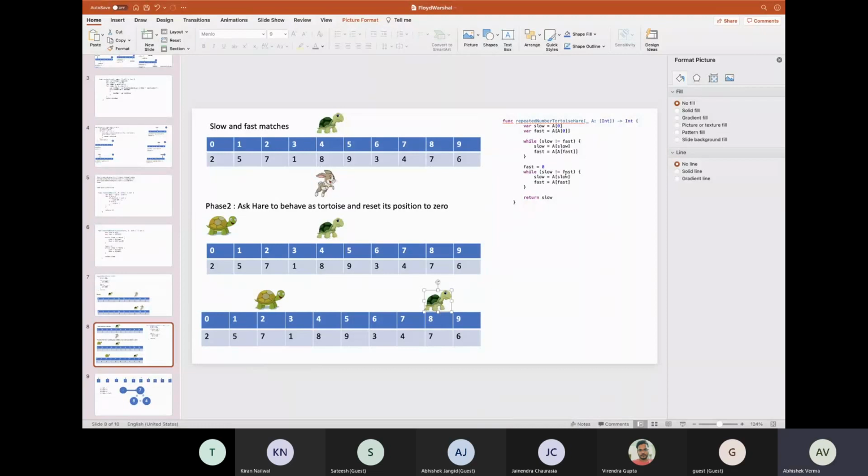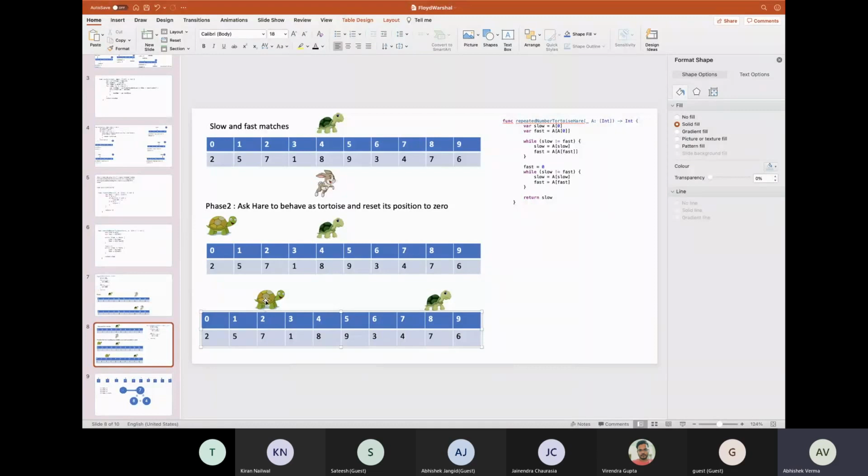So I will again check whether slow is equal to fast. It doesn't match, so I again move slow to a of slow. a of slow is 7, so slow will be at 7, and fast again moves to a of fast, which is again 7.